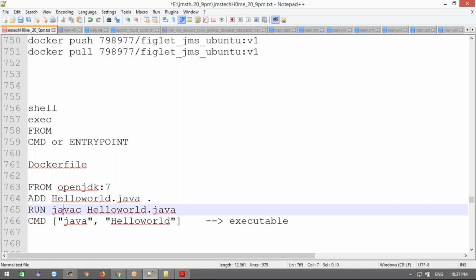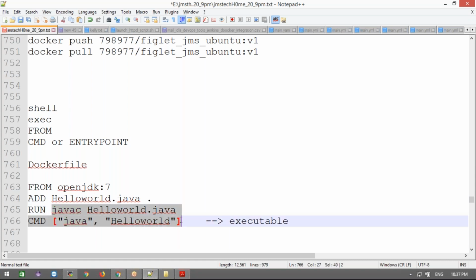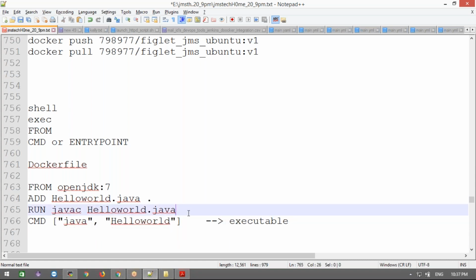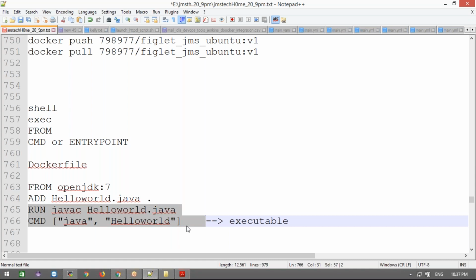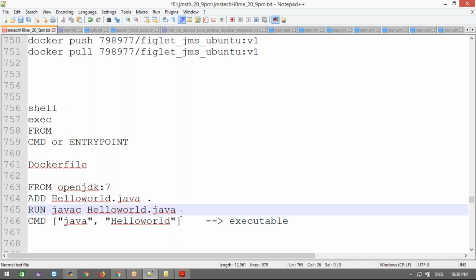Now I'm going to run this javac. Why do we require these two commands? Compiling the Java code and running the Java code. These two commands are important. If you don't know these commands, the developer will tell you what command they want to execute finally. If you don't know any command, no worries. This is for compiling the Java code and running the Java code. We need to follow these two commands.